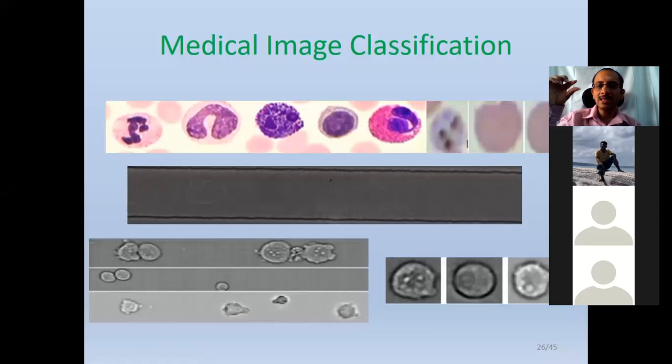Through that it flows, and during the flow, there is a high frame rate camera here, which will grab the images of the cells. Each small sample of blood itself will have thousands and in fact millions of red blood cells and thousands of white blood cells, so you can capture all the cells through the high frame rate camera, and these look like this. The problem here is you can't add a stain the way you add it here. So detecting what kind of cells these are, and characterizing them in a similar fashion, is challenging. You need very good image processing operations followed by machine learning or deep learning operations.